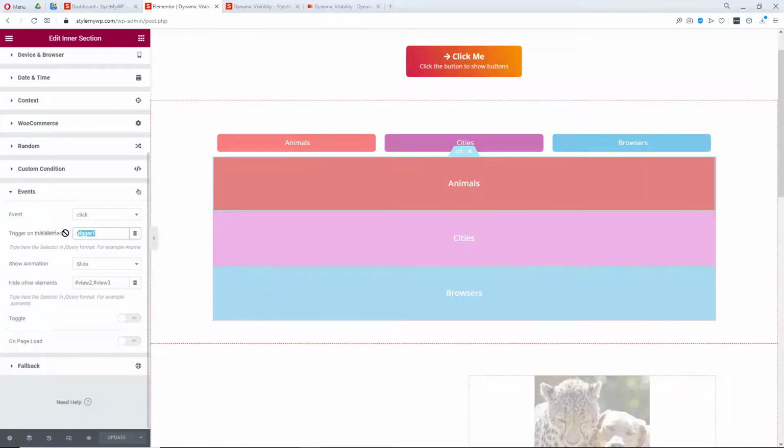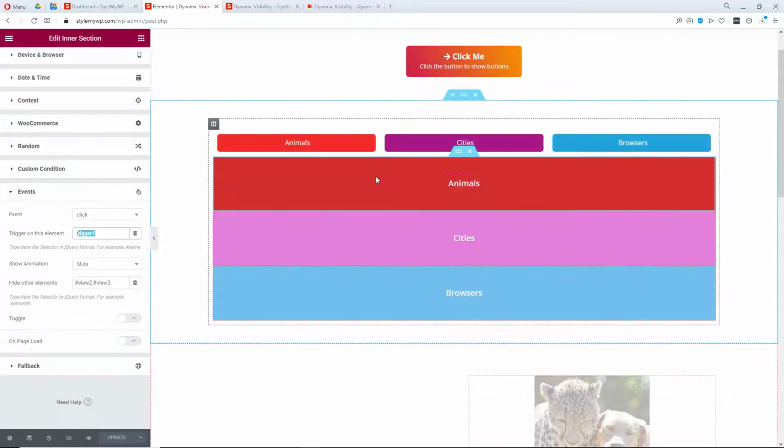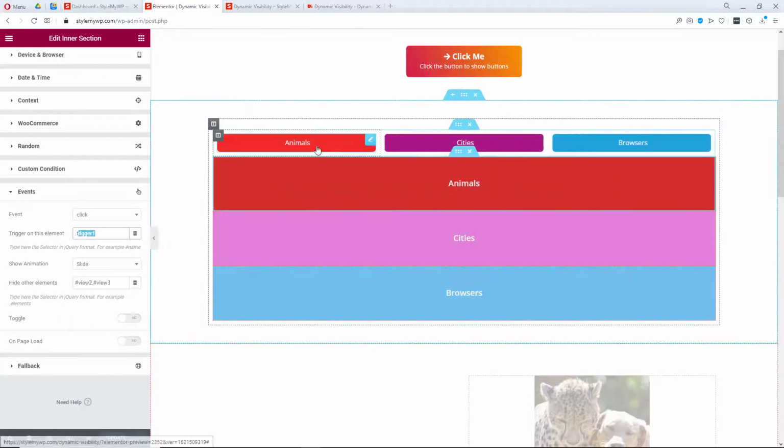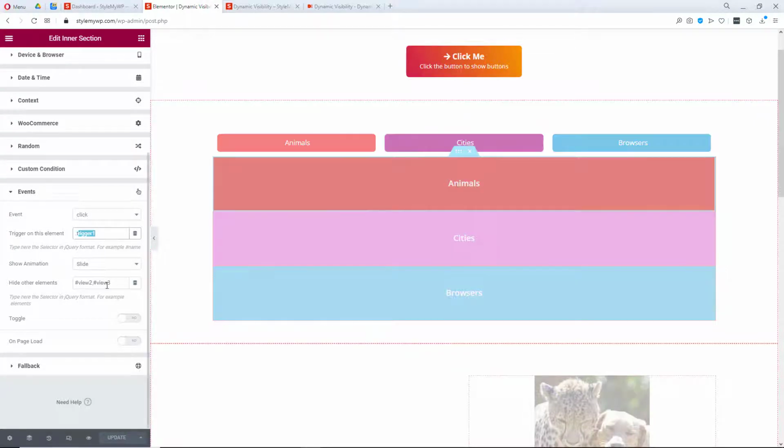So I am using trigger 1 for my view 1. So it will open up and slide up view 1. However, it will at the same time hide view 2 and view 3.